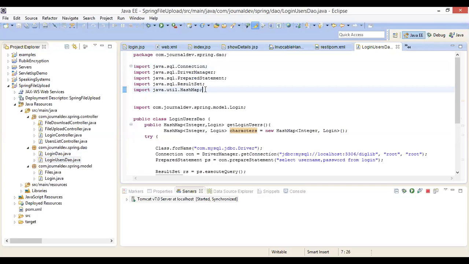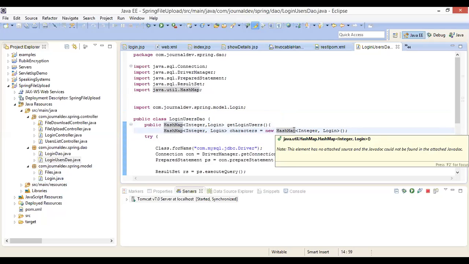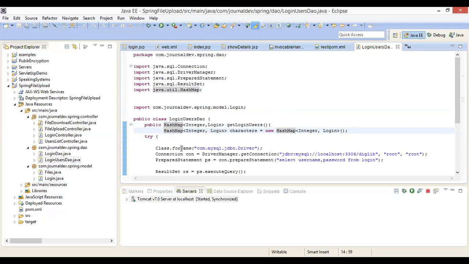Okay, this next week also. But presently you try to understand. So this is the import we are saying, and this is what we are doing. Spring model.Login. That means what data model are we taking? This model, because com.generaldev.spring.model is the package. From that we are importing this Login into this file. And what we are doing is we are creating a public HashMap with Integer and Login. So getLoginUsers is the method which you are writing, with HashMap Integer, Login equal to new HashMap Integer, Login. What is HashMap? HashMap is a data structure which can store your values in the form of key value pairs.